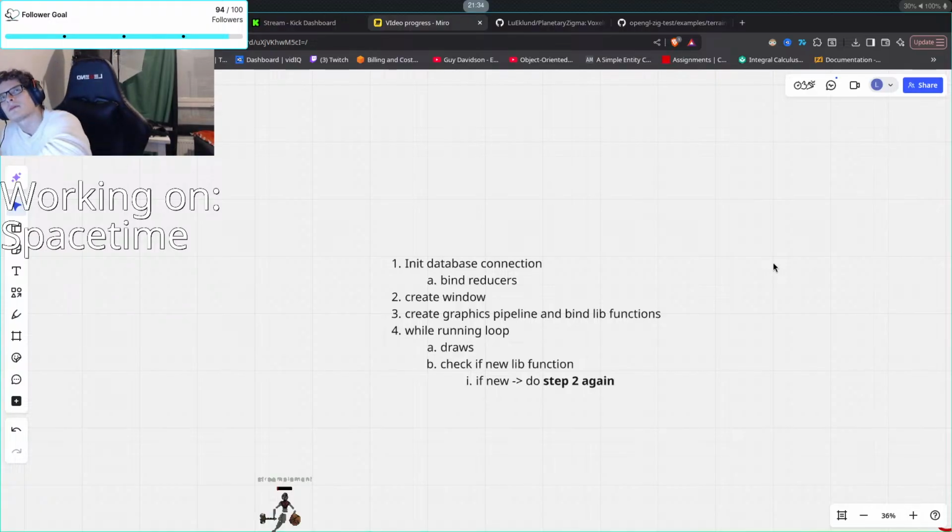I wonder what happens if you destroy the swap chain while a window is open. We'll figure that out. Because that would be the coolest thing ever if you get that working. But yeah, we don't need to make anything too complicated right now. Right now it's literally just having that so we can call those things and rebind it basically.